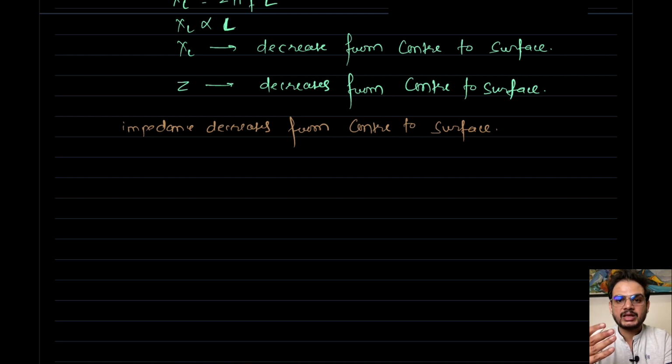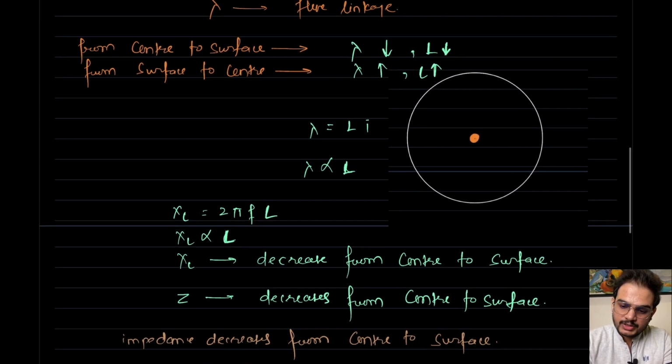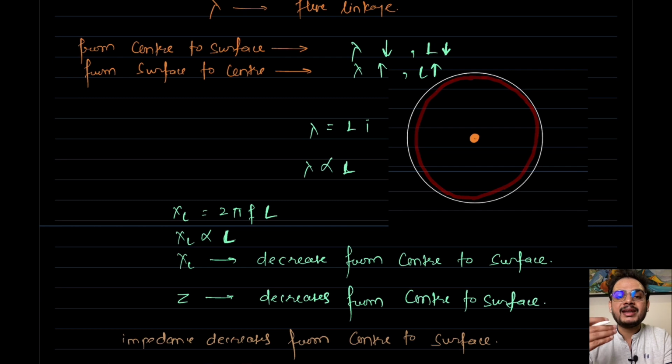So tell me one thing, the nature of the current, the nature of charged particle is that it will always choose low resistance path, low impedance path, right? That is the reason current will always choose this surface path. Current will always move towards or crowd towards this surface, because at surface they are experiencing less impedance.